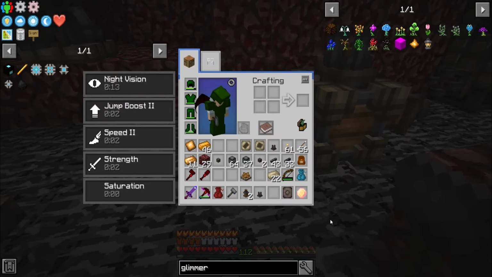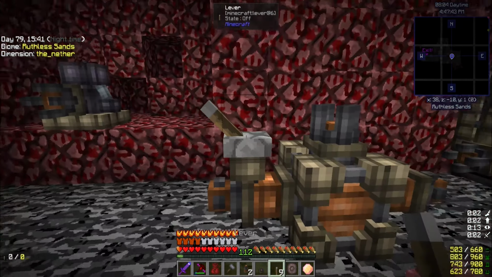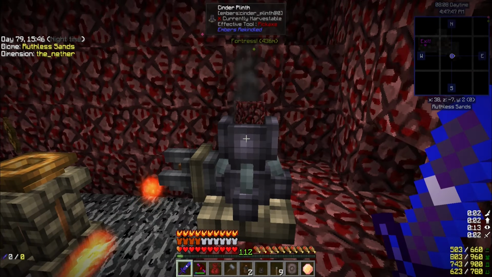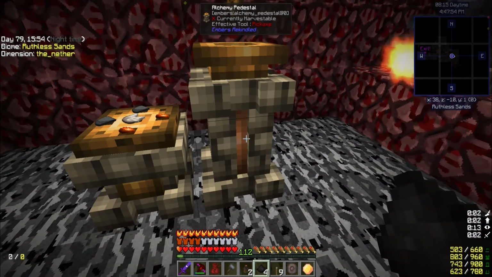So now they're linked. And now what I need to do is actually get my levers, which I put down here. And then we power this guy. And it should start shooting. Yes, there it is. So now it is... Oh, wow, that was quick. Yeah, it's an ash pile. And I'm just observing it. So can I just...